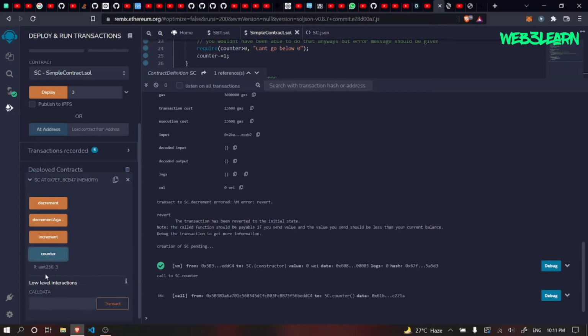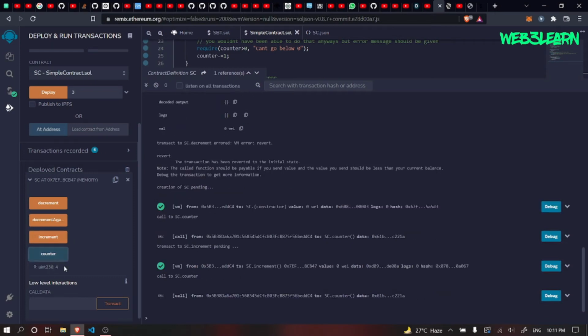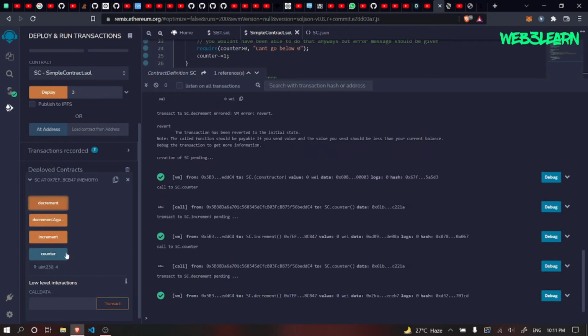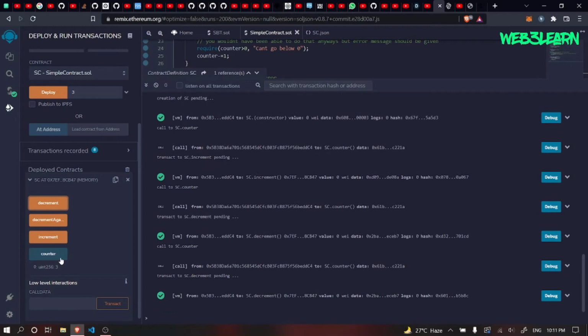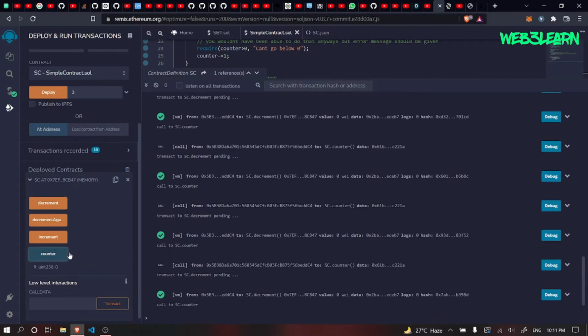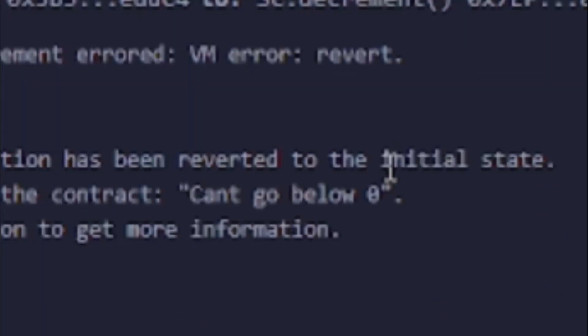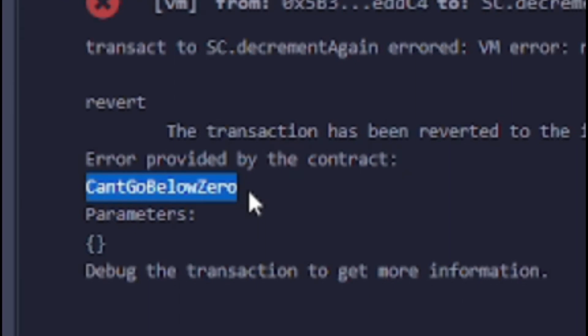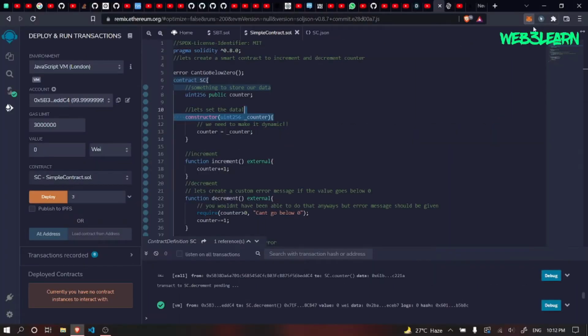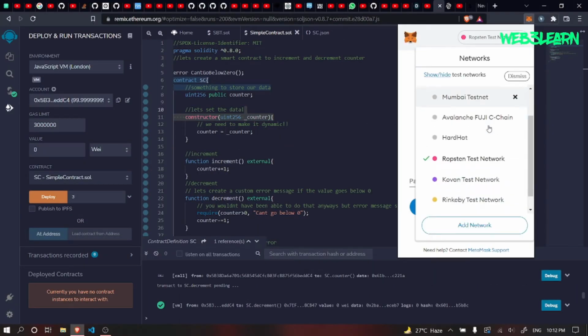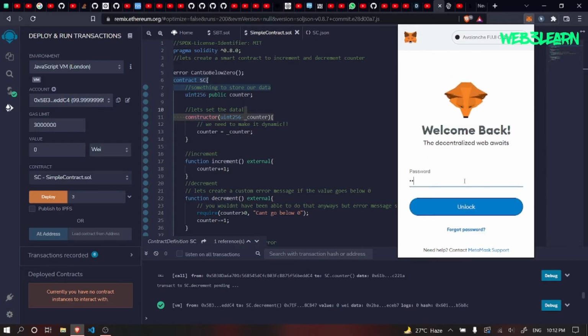Time to interact. As you can see, there are 4 functions: decrement, decrement again, increment, and counter. Incrementing does work completely fine, but look at the difference in error when we go below 0. Now, if you are a beginner and you have MetaMask, let me tell you, you can deploy on any Ethereum